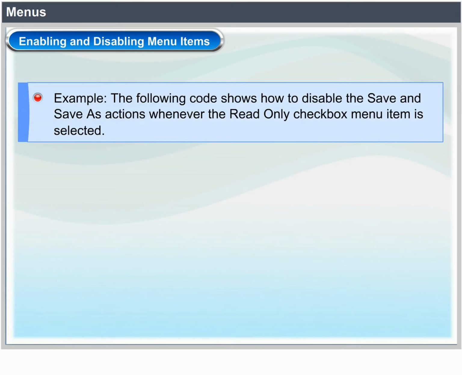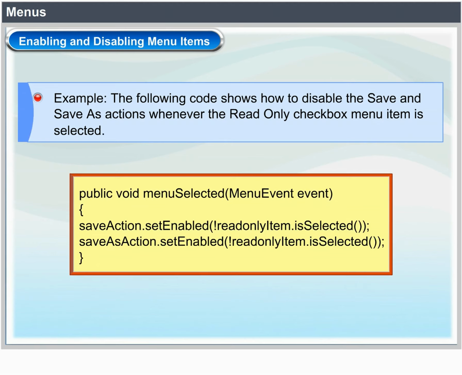For example, the following code shows how to disable the Save and Save As actions whenever the Read-only checkbox menu item is selected. public void menuSelected(MenuEvent event) { saveAction.setEnabled(!readOnlyItem.isSelected()); saveAsAction.setEnabled(!readOnlyItem.isSelected()); }